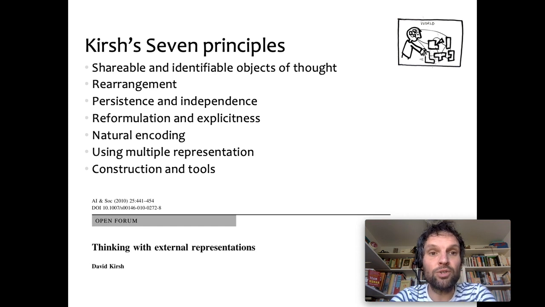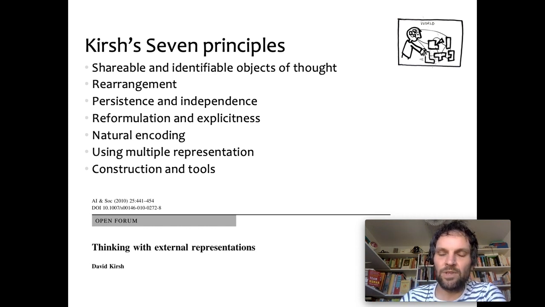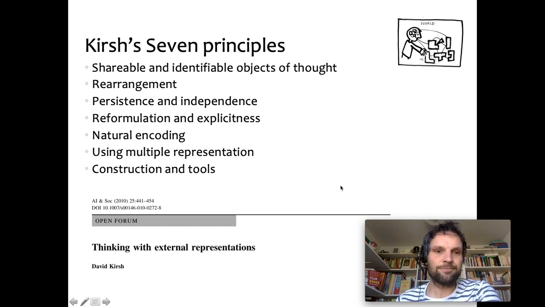We're going to continue now talking about David Kirsch, his 7 principles for how externalized cognition is not only making the original task easier, but also enabling us to do things that we couldn't have done otherwise. I'm going to try and go rather briefly over the 7 principles. Of course, in the course itself, in the activities we have together, you have the chance to discuss this further and ask questions. It's based on this article here, Thinking with External Representations.